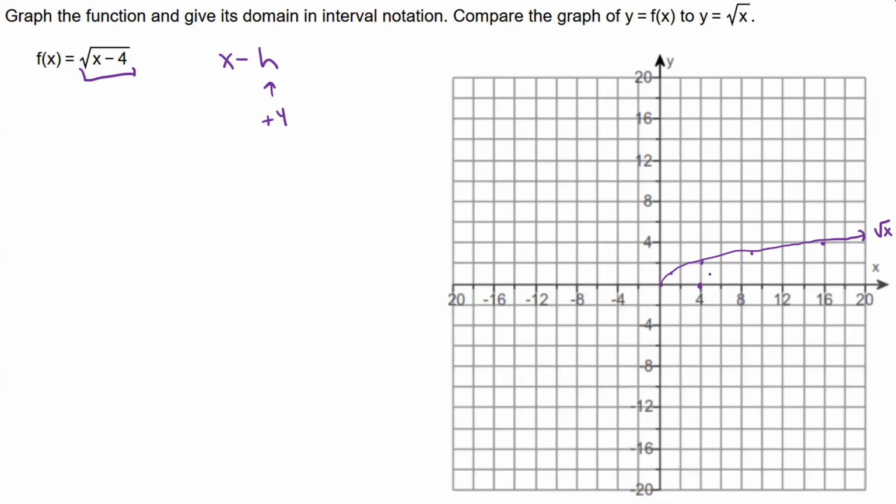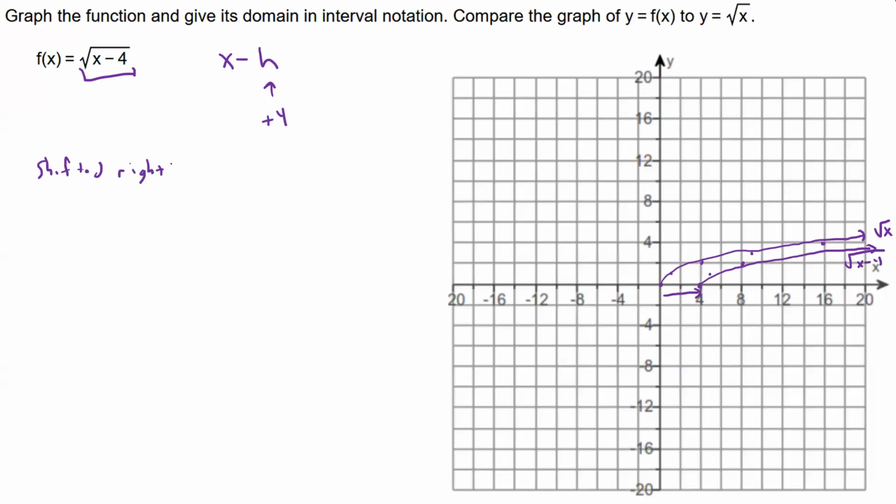So basically, we're going to come up and we're going to be down here. And so that's going to be square root of x minus 4. So what has happened? Well, we've shifted everything to the right 4. So that's what happened here. So we've shifted